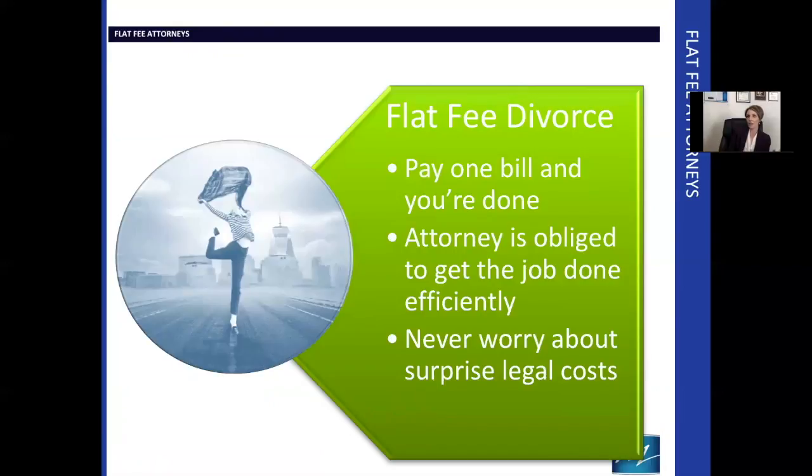Flat fee divorce options are a little bit different than limited scope options, sort of, because usually the flat fee divorce option is like a limited scope, but not really, because they're doing it all for you. So you've got predictable fees, you know what you're spending, and the contract is that they're going to do it all for you. Even here, you're going to want to really outline the parameters of what's included and what isn't,